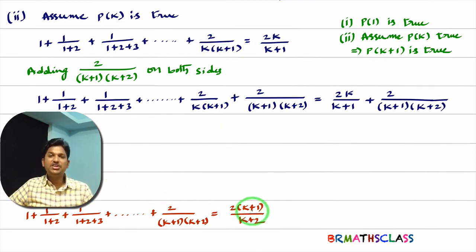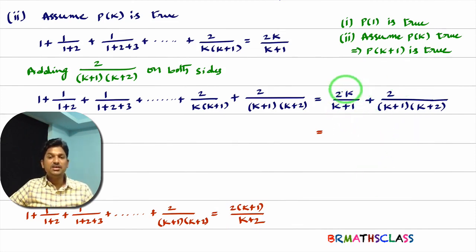Okay, our intention is we are trying to prove P of k plus 1 is true. You observe this left hand side part. Whatever the things are there, that is LHS of P of k plus 1. You see, this part is nothing but LHS of P of k plus 1. The only thing we want is, after simplifying this right hand side part, to get the RHS of P of k plus 1. Okay, you start simplifying this right hand side part.